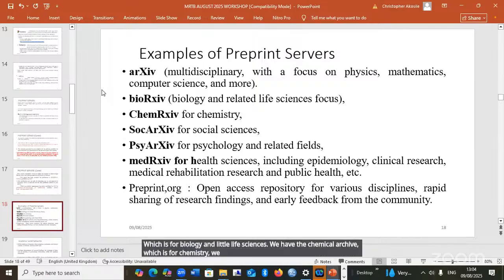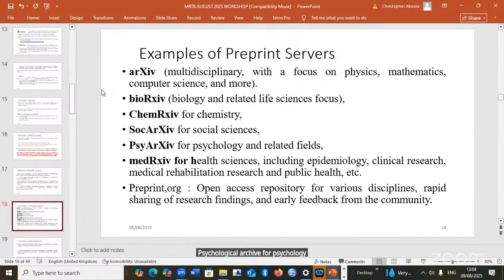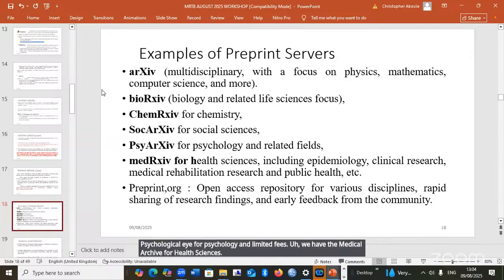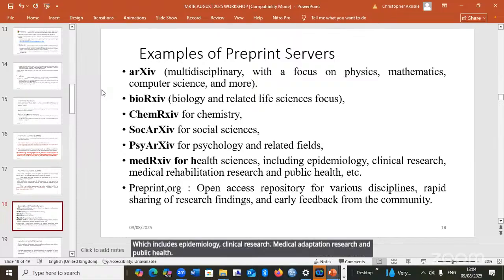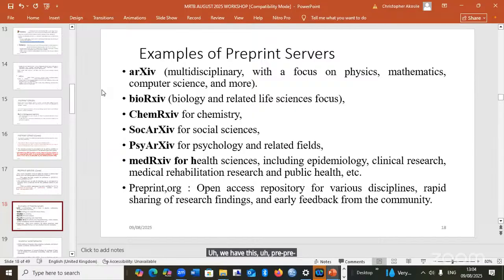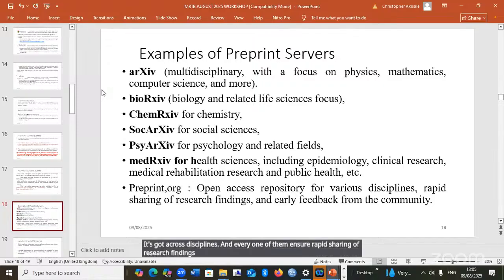We have SocArXiv for social sciences, PsyArXiv for psychology and related fields. And we have medRxiv for health sciences, which includes epidemiology, clinical research, medical rehabilitation research, and public health. And we have Preprints.org, which is an open access repository for various disciplines. It cuts across disciplines. And every one of them ensures rapid sharing of research findings and early feedback from the academic or research community.